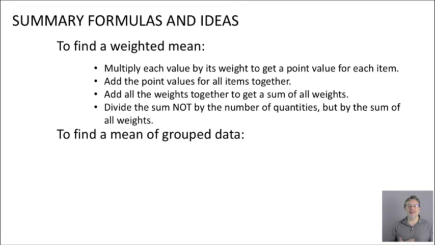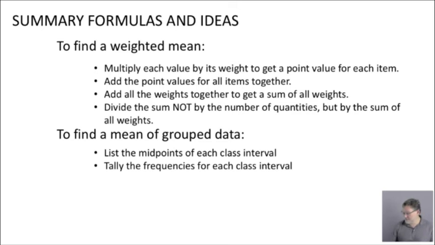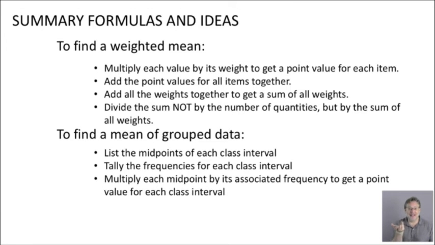And then what do we do if we've got the data being summarized into a series of frequency intervals, perhaps for privacy reasons or some other reasons? How do we find the mean there? We first of all list the midpoint of each one of those class intervals. We're going to use those to provide a sort of a proxy value for each one of our data points. And after tallying all the frequencies, in other words, tallying all the people or all the data values that exist inside of each one of these intervals, then we multiply each midpoint by the tally that's in that class interval,